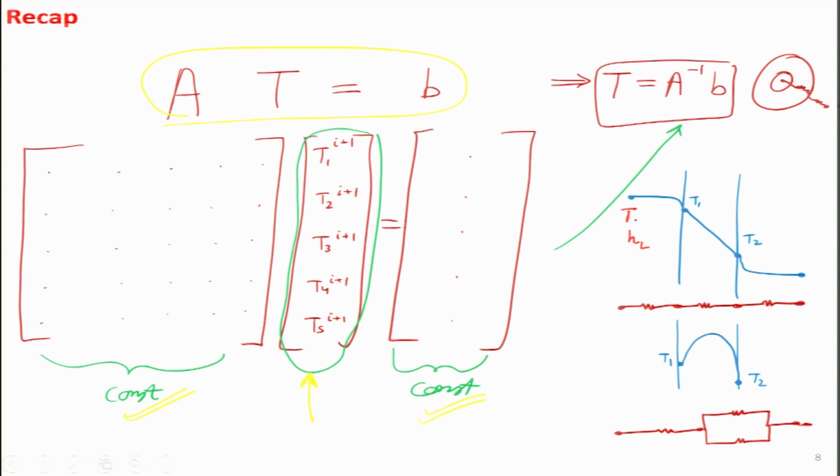So, T_L and h_L for the left side. Similarly, T_R and h_R for the right side. You may try to remember it this way: in all the convection lectures, we will now try to figure out how we know the value of h_L and how we know the value of h_R.